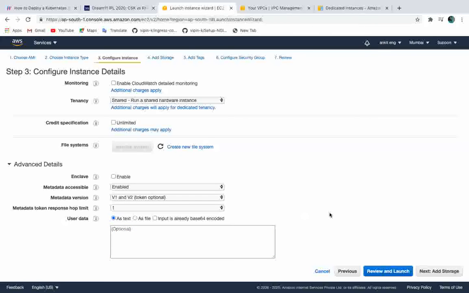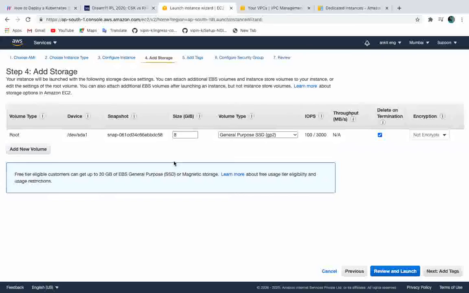After that, next is add storage. I'll tell you a story. When you buy a laptop, you get some disk, some volumes, because if you do not attach any volume, you cannot launch your servers. Correct? If you don't have any volume attached to your server, where will the operating system be installed? Okay, that's why it is mandatory that some volumes are present. These are the volumes which you are going to assign to your EC2 machines. Here I have given 8 GB.